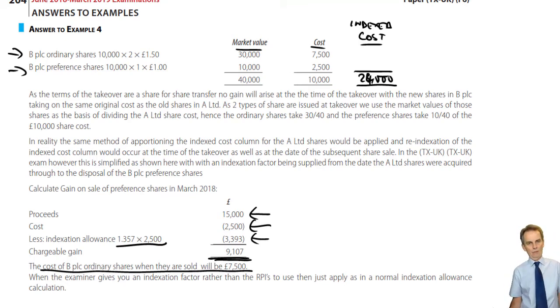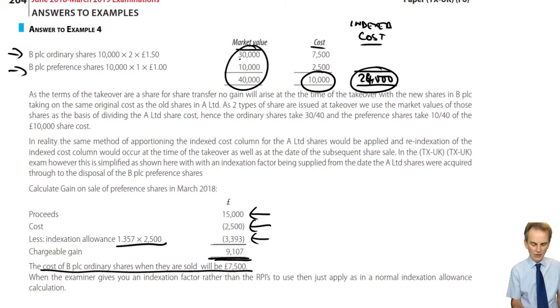If it was £24,000, what would we have done? We would have split out that 24 in the same way as we split out that 10,000 according to those market values. So three quarters of the 24, 30 40ths, would have gone to the ordinary shares. That would be 18,000. And then to these preference shares, 10 40ths. That would be £6,000. And what you'd have done, you'd have created for your B plc preference shares a new share pool